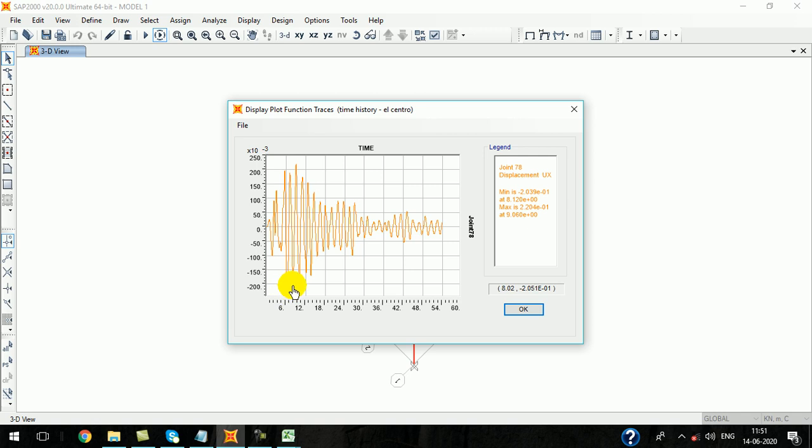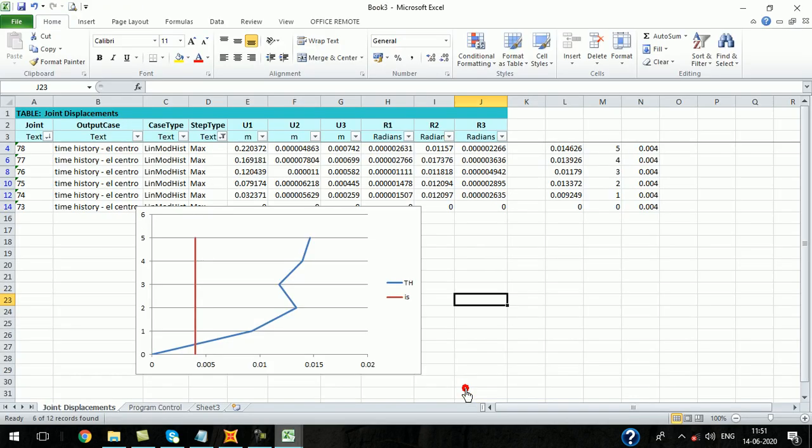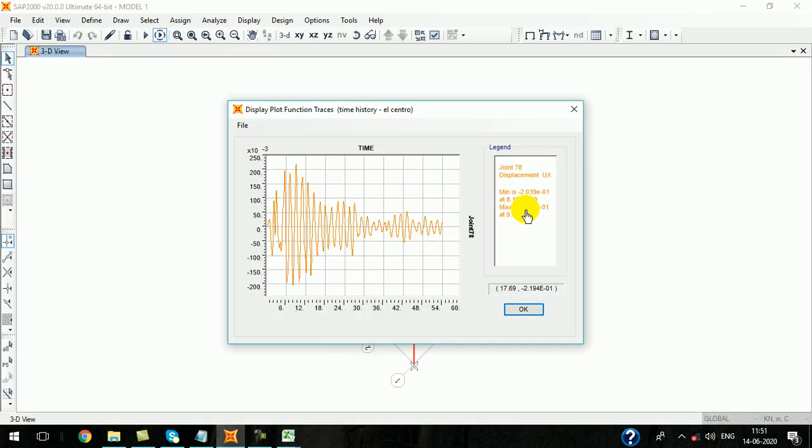You see here the maximum value. How much is it? Maximum value is 0.22. In Excel also you can see it is 0.22, for node 78. The maximum is 0.22 at 9.06 seconds. At this second the value is very high.